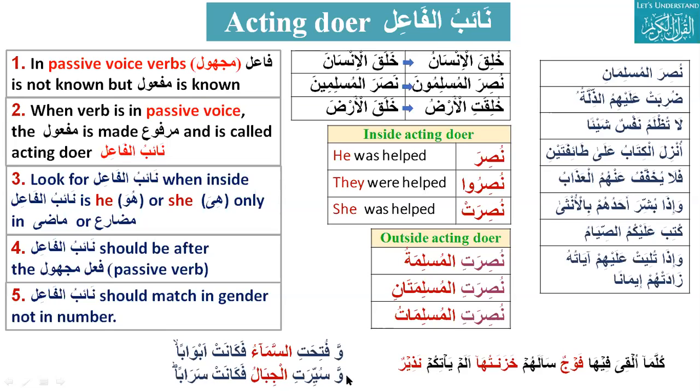It seems illusion, like a mirage. Illusion, mirage. And the mountains were driven, so it became an illusion. So the important thing is that suyirat is a passive verb, and al-jibalu is the naibul fa'il.